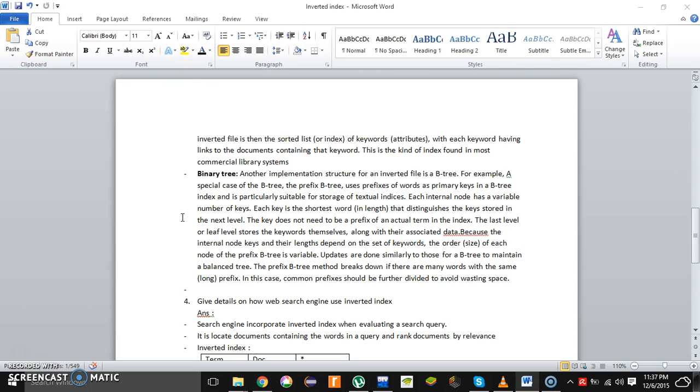For the binary tree, it is another implementation structure for an inverted file. For example, a special case of binary tree, the prefix binary tree uses prefixes of words as primary keys in a binary tree index and is particularly suitable for storage of textual indices. Each internal node has a variable number of keys. Each key is the shortest word in length that distinguishes the keys stored in the next level. The key does not need to be a prefix of an actual term in the index. The last level or leaf level stores the